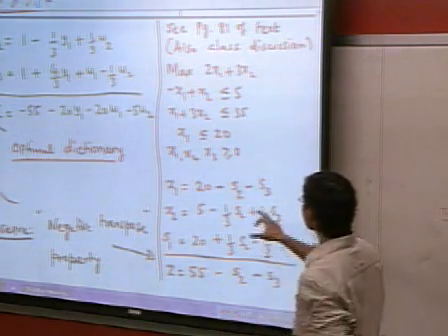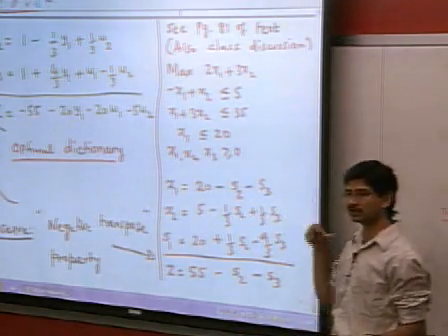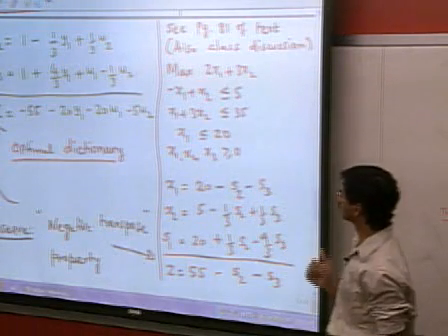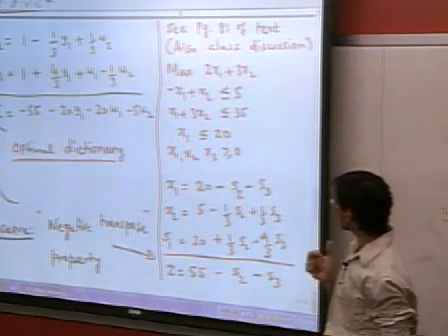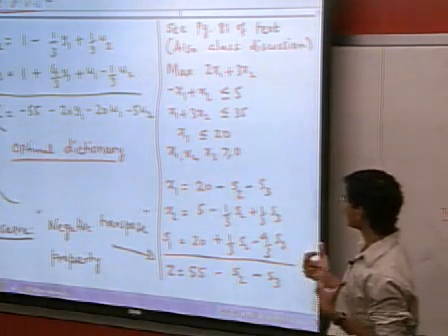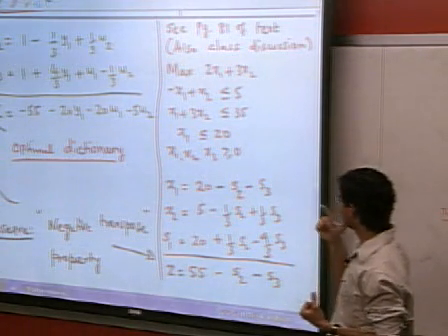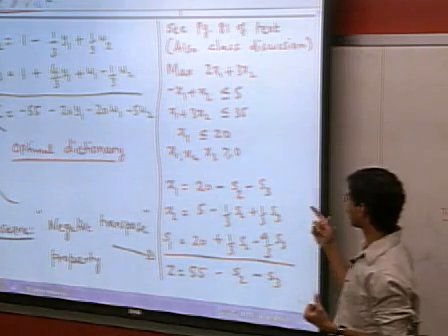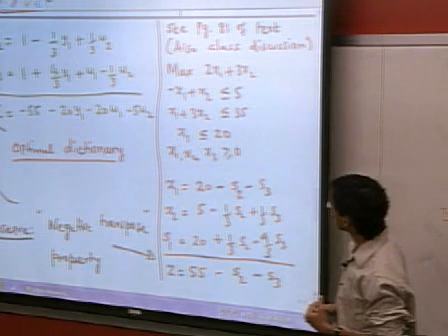The x1 row is going to be the same as the W1 column. So the x1 row has 20 as a constant, has a -1 for S2, a -1 for S3. If you look at the W1 column,